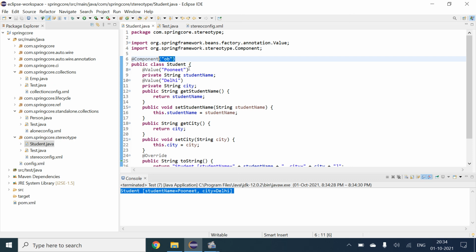And this is the advantage, that we are not using any of these things in our XML file. In the next tutorial, I will begin with Spring bean scope and Spring Expression Language, SpEL, which we studied in the modules, I guess. For now I will wind up this session and upload the video, sir.